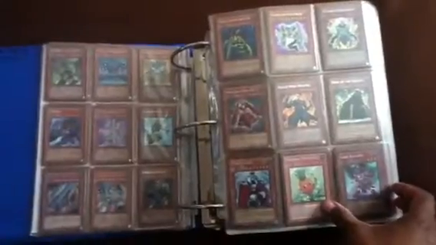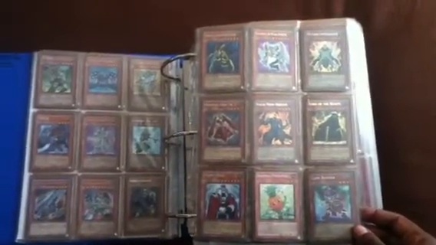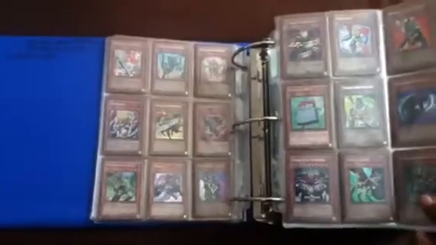The collection is fixed with Earth, Wind, Fire, Water, Light, Darkness, Exodia, Egyptian gods, rituals, fusions, synchros, exceeds, spells, and traps. Now this folder is all hollow, and